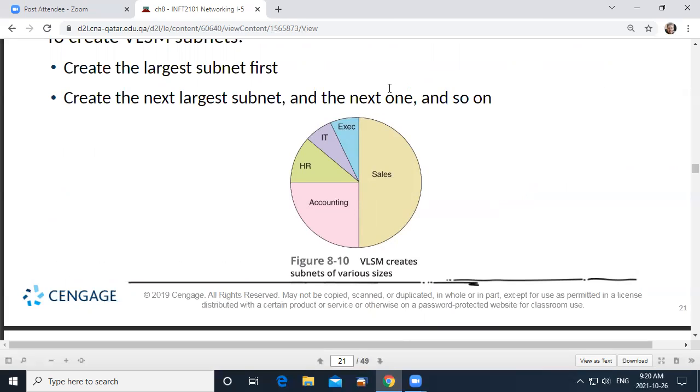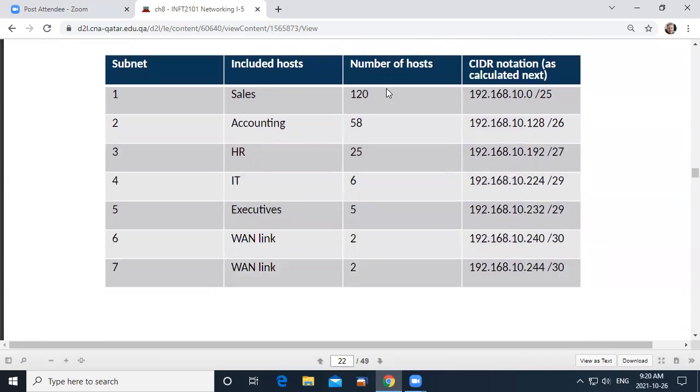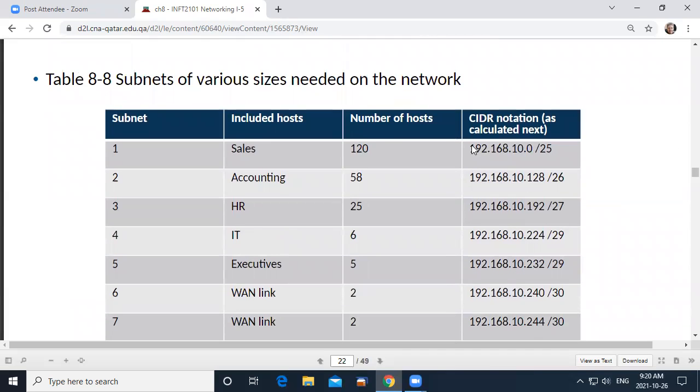We can say, okay, we're going to divide it once here. We're going to have different subnet masks for each of them, basically. So we have our variable length subnet masks. And so this is how that is represented, right? We're using /25 to get our sales subnet. We need 120 hosts for that. /25 will give it. We use /26 to get our accounting. So /26, that's doubling it. When we did the /25, we took our one network and now we got 2.